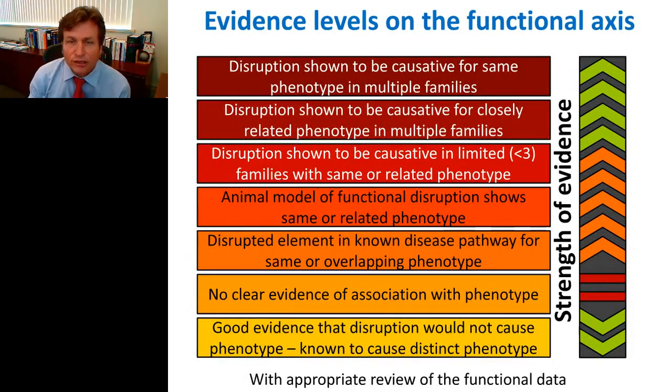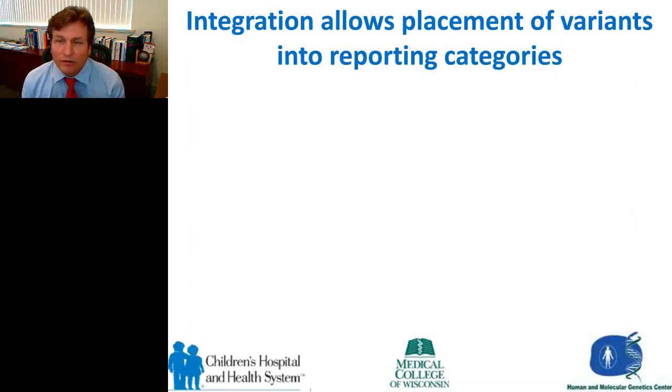So the next step then is to really look at the level of evidence. So you've got, does that mutation seem to play a role? Is it causative in multiple families? And again, this level of information then helps you drive down the functional side. So you've got the mutational effects, and you've got its relationship, and then you've got the phenotypes and multiple family members. And what you're trying to do is integrate all of this information, and really what it comes down to is your software and your clinical team then needs to be able to come up with a prioritization scheme. And what are you going to do with this information as you go through? So the integration then allows us to place the variants into different reporting categories.